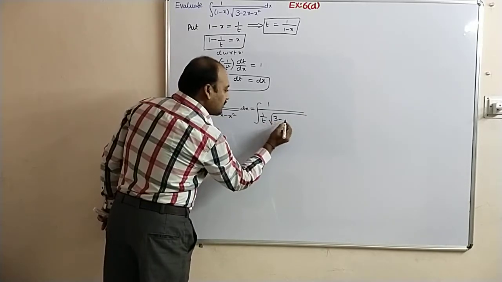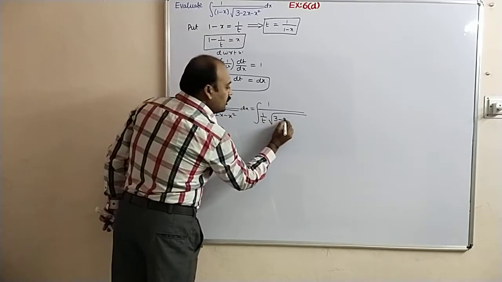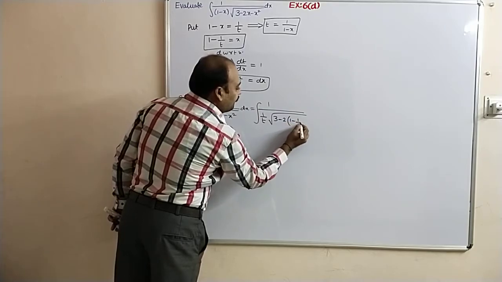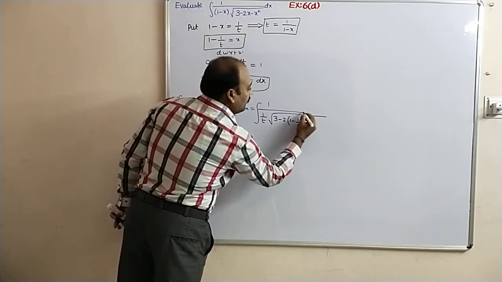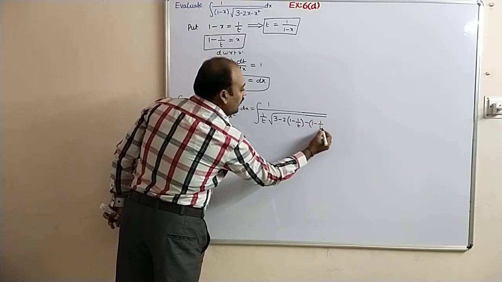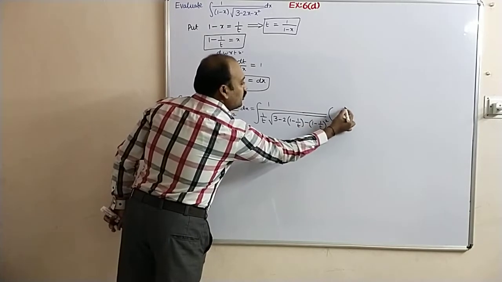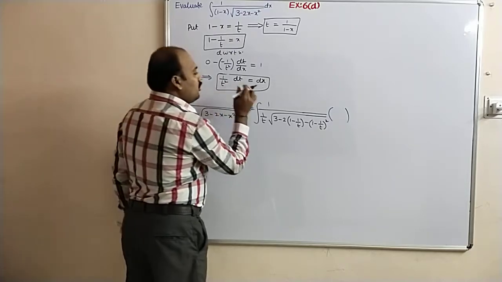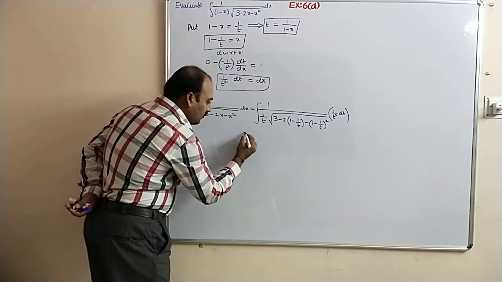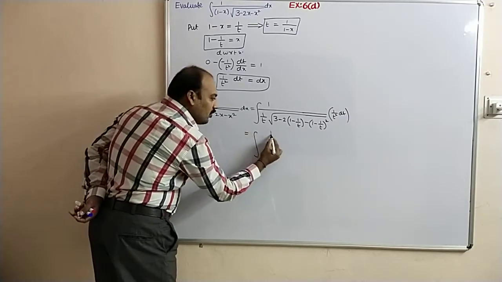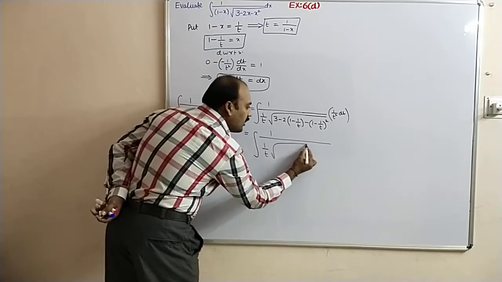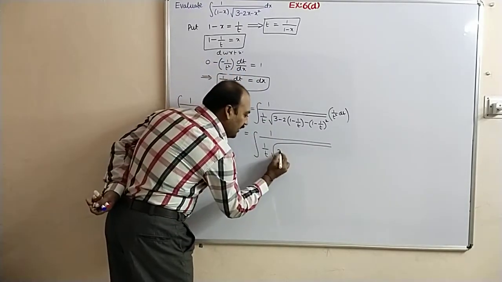So 3 minus 2 into, in place of x, (1 minus 1 by t), minus x square, (1 minus 1 by t) whole square, into, in place of dx, you have to replace with 1 by t square into dt, which is equal to integral 1 by t into square root of 3 minus